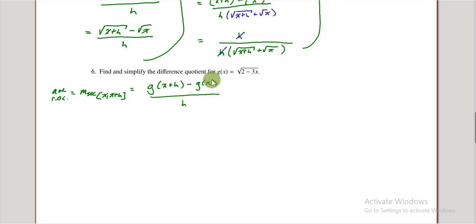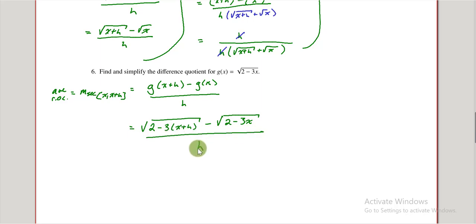Folks, I know this is a little tricky, but a pet peeve of mine is if I give you a function called g, then that should be the function that shows up in your difference quotient. So these names should always align with one another. Watch out for that. Okay. So this will give me the square root of 2 minus 3 times x plus h minus the square root of 2 minus 3x